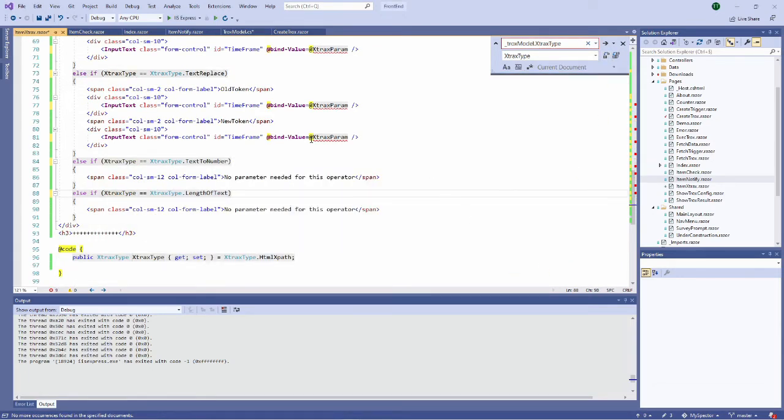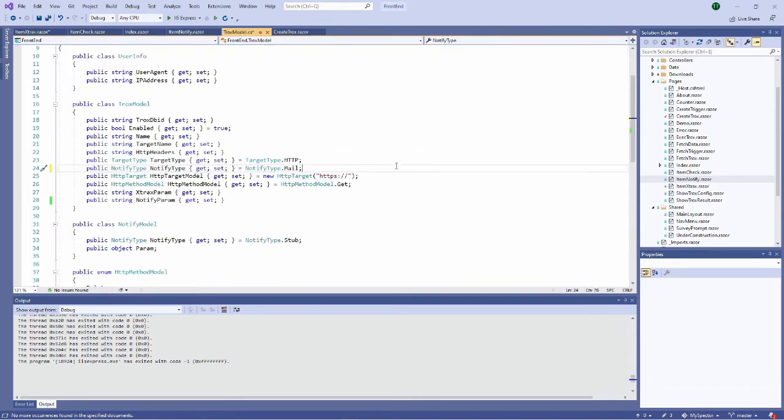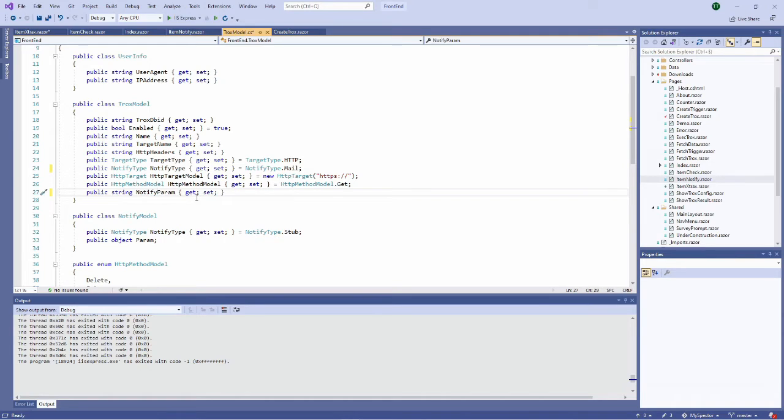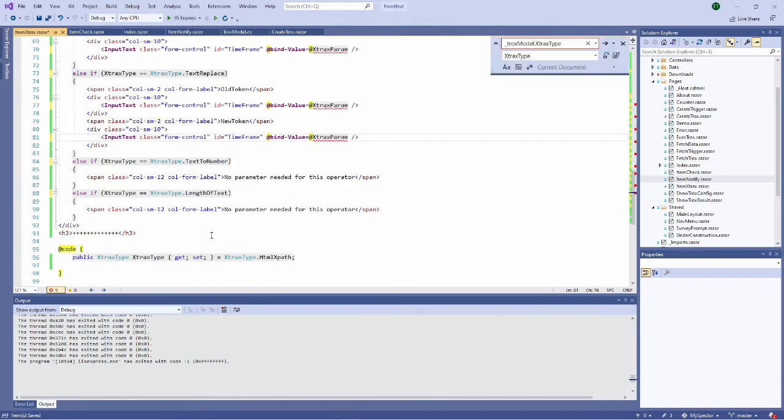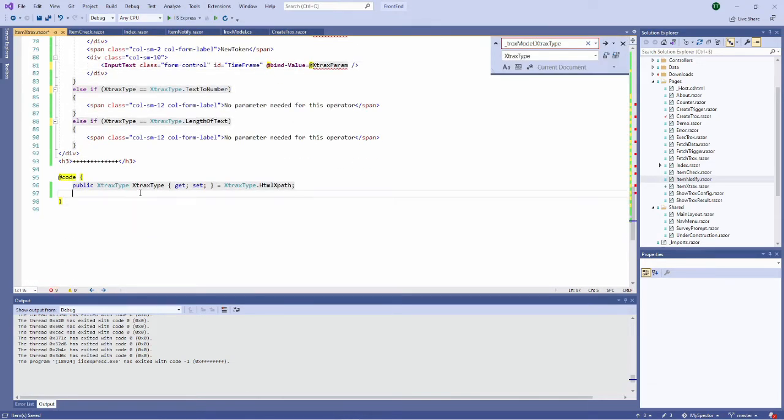Okay, and then he's complaining again because he doesn't have the extracts param. And the extracts param is also available in the model. So the extracts param is there. I cut it and I put it there. Same thing, huh?